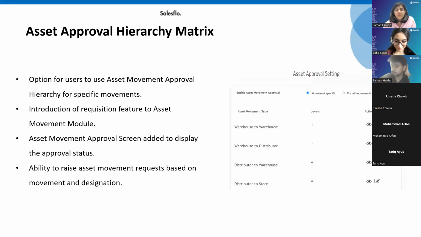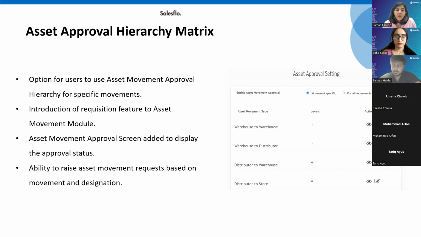So we worked on asset approval hierarchy. Customers who have been using our asset module would know that we had a very static approval hierarchy before, and it wasn't as dynamic. You weren't able to set any levels. Now you can set levels for different kinds of movements, and you're also able to say which specific user is allowed for approval at which level, at which designation, and then similarly that user will be allowed to approve the